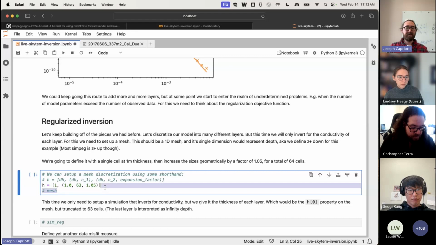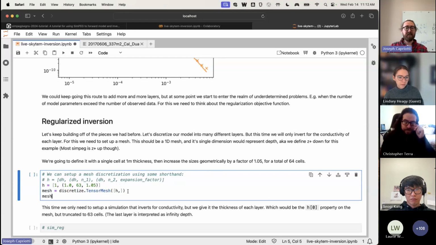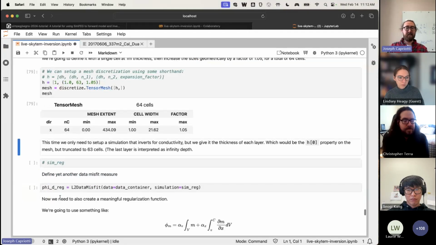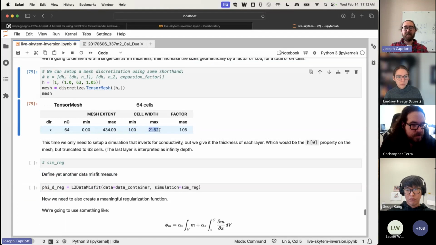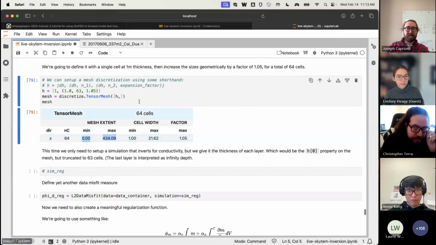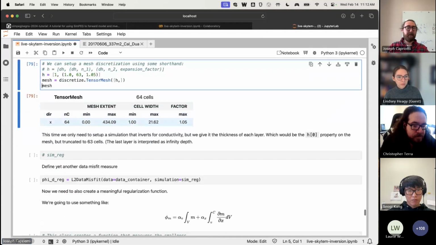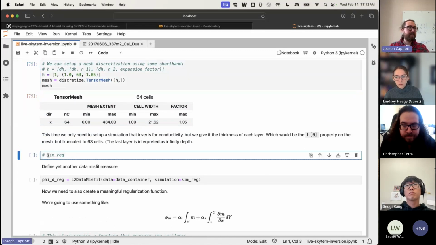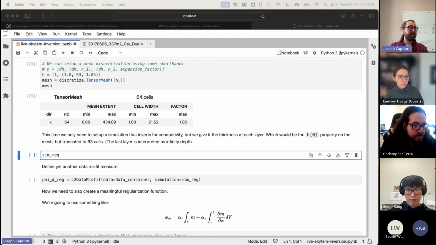So we'll create our mesh. Maybe we have this tensor mesh, just 1 dimension. And you can see it has a cell width start at 1.0, and end at 21.6. It has this sort of mesh extent of 434 meters as we're going up. So one of the things that you'll see is that this mesh in SimPEG,